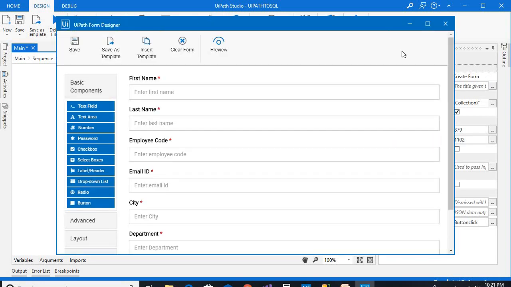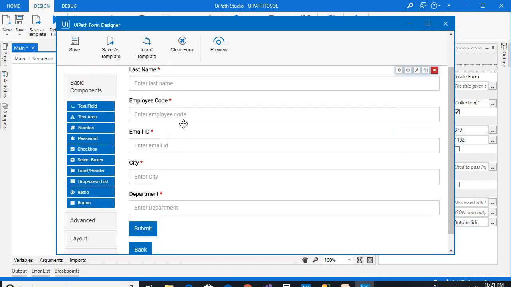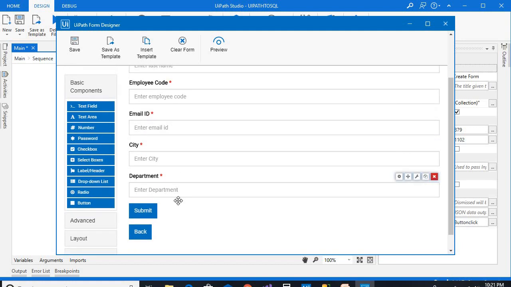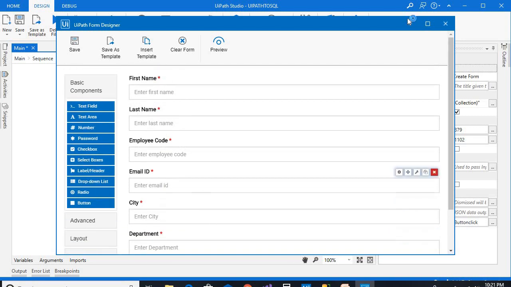This is the UiPath form designer. Here I have declared first name, last name, employee code, email ID, city and department, with two buttons, submit and back. If you edit each field, this is a simple text field like this one.